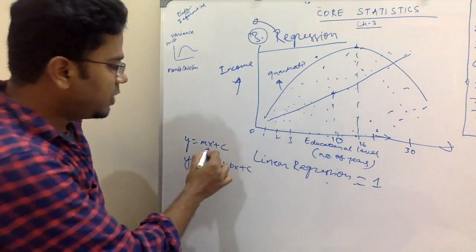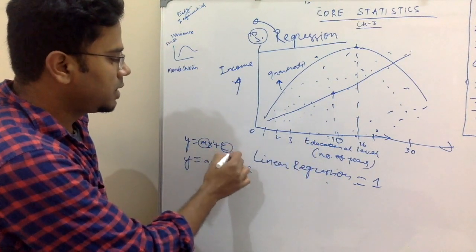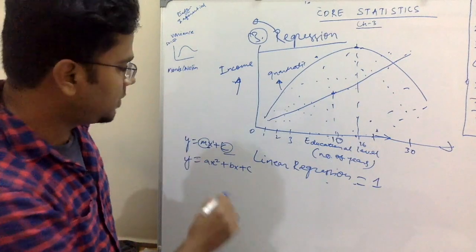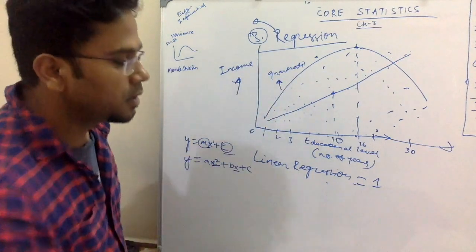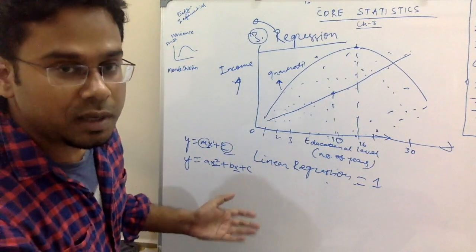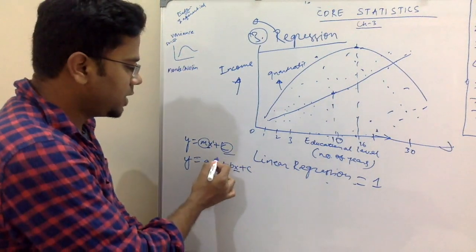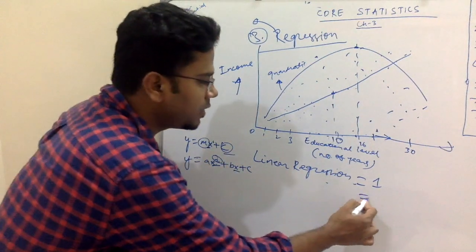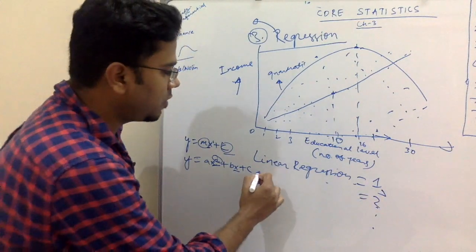So if you give the value of x here as 20, and these would be constants, it will tell you what would be the income. Similarly, if you give the value of x at these two places, it will give you the value. So this one is linear, then is binomial, but we don't say binomial. Anything above degree 1, because here the power is 2, so it would be degree 2. Anything above power 1, we call it as